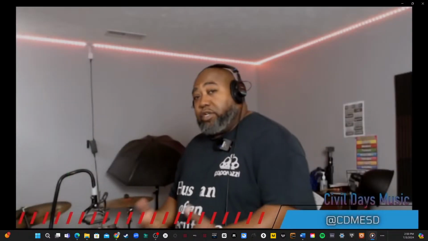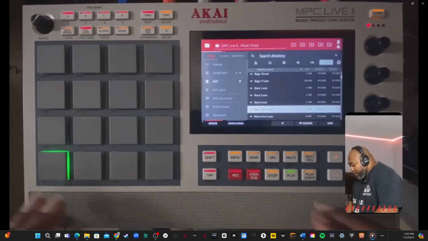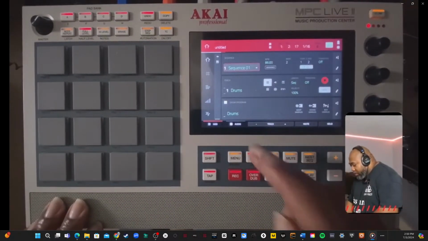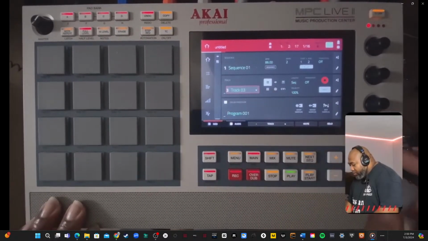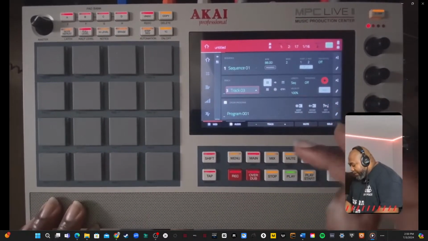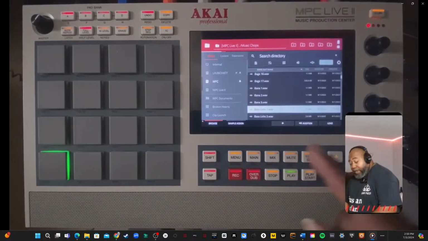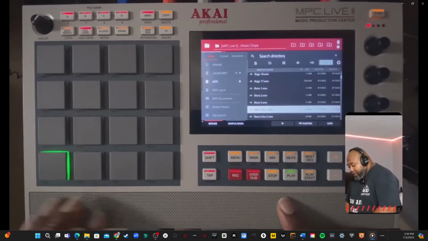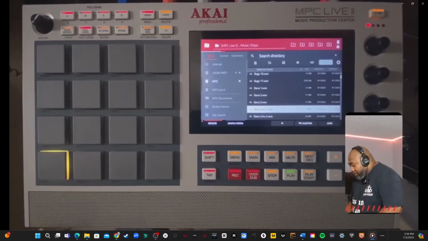Once you have your sample, what you can do is you kind of tap tempo the sample. Here's the sample. I'm going to go to a new track, not drums. Go to unused, new program, and basically I'm going to load the sample here. So this sample right here, bass licks 1, I'm going to load this right here. Load. Now we have